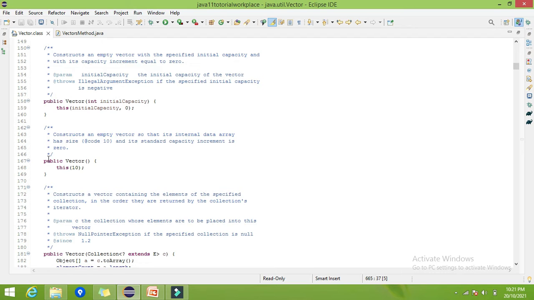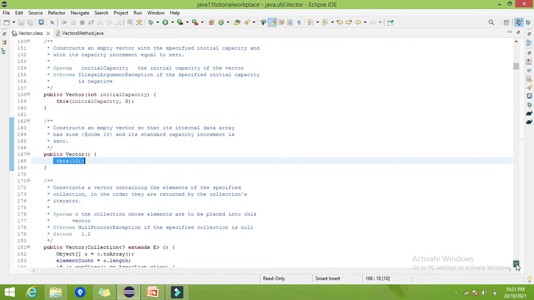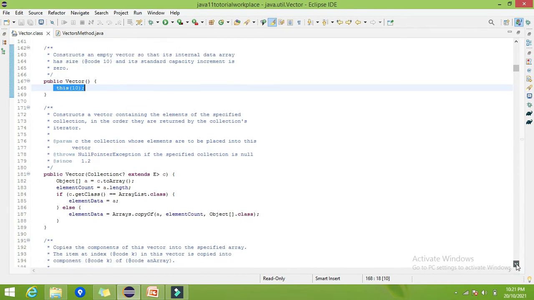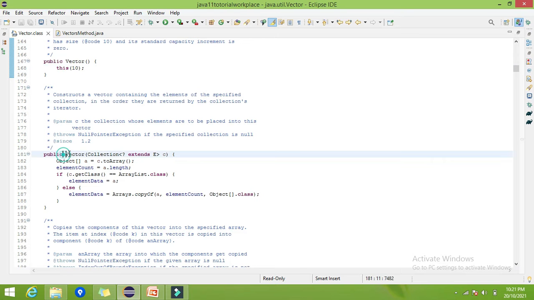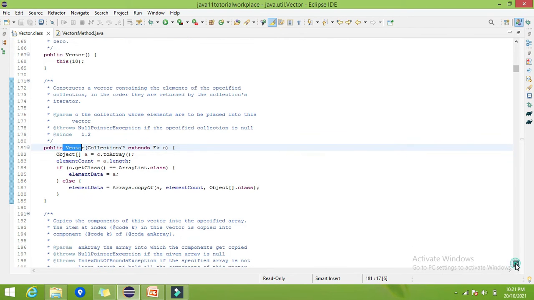When we create any object with the vector default constructor, by default its capacity will be 10. We also covered the vector with an already existing collection.